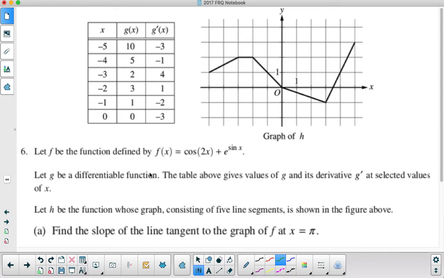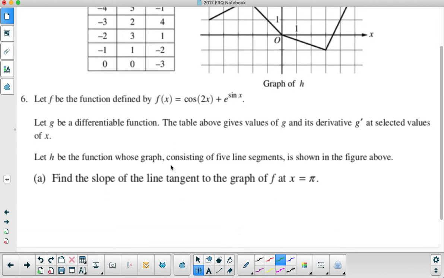This is a really good problem that tests a lot of different things: chain rule, product rule, a lot of really good derivatives. I don't know, this is a really good problem. So I wouldn't be surprised if you saw something similar to this. I don't know, I just really like this problem. So anyway,